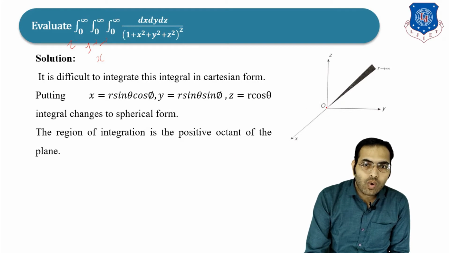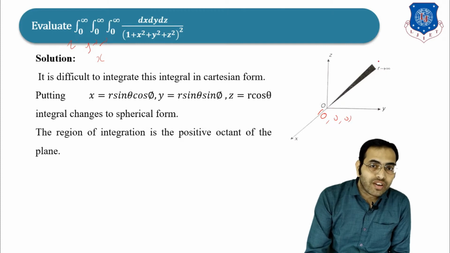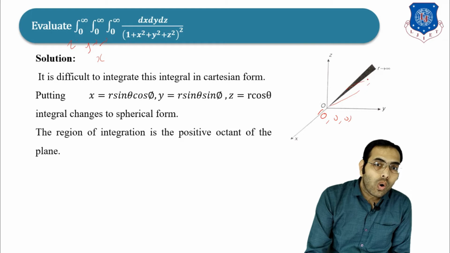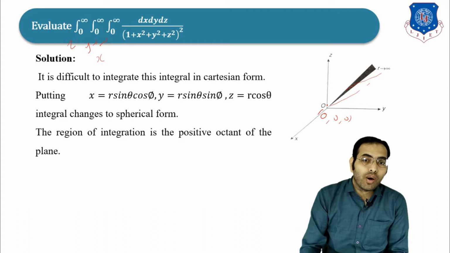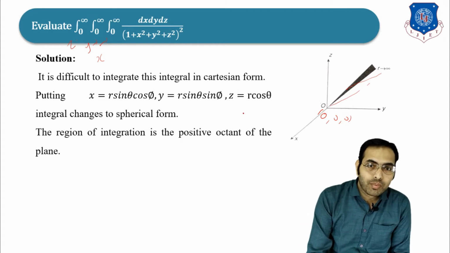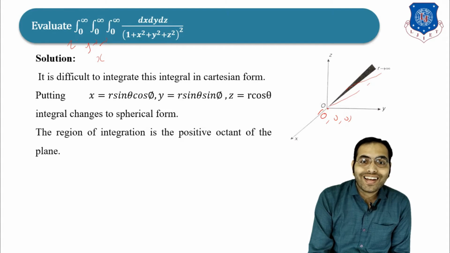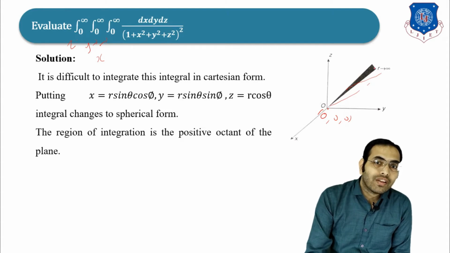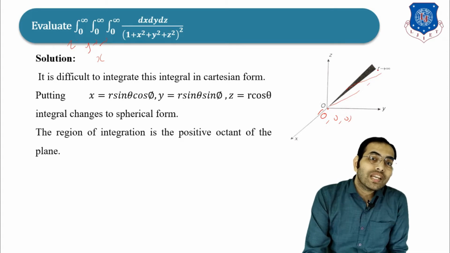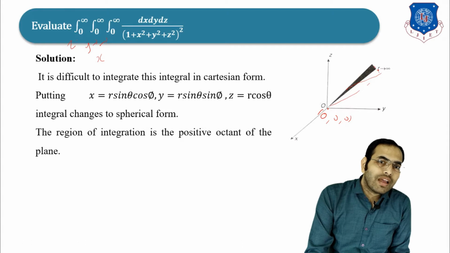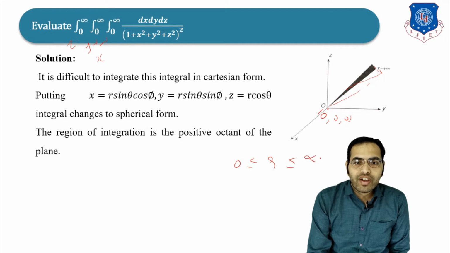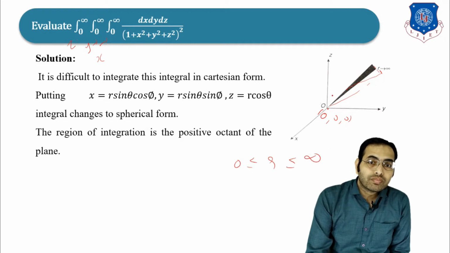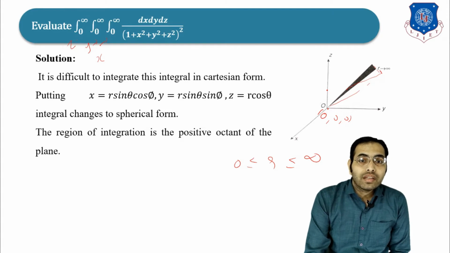Then this is the O position, our center (0, 0, 0), in the first octant, drawn up to infinite position. Now this elementary vector varies from 0 to infinity, which means at this position the value of the radius r is 0. This elementary vector, in our first octant, goes up to positive infinity; at that position the value of r is infinite. So the values of r vary from 0 to infinity according to this diagram. Now we have to find the angle, that is theta.